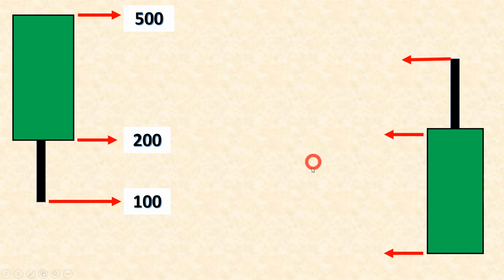Now see on the other side. Here, the opening price, suppose is 100. The price went as high as 500, but it closed at 300. Now you see there is no lower wick, which means that the price didn't go below rupees 100 during the day. So we will also see all these things happening on the real charts. So just wait for it.